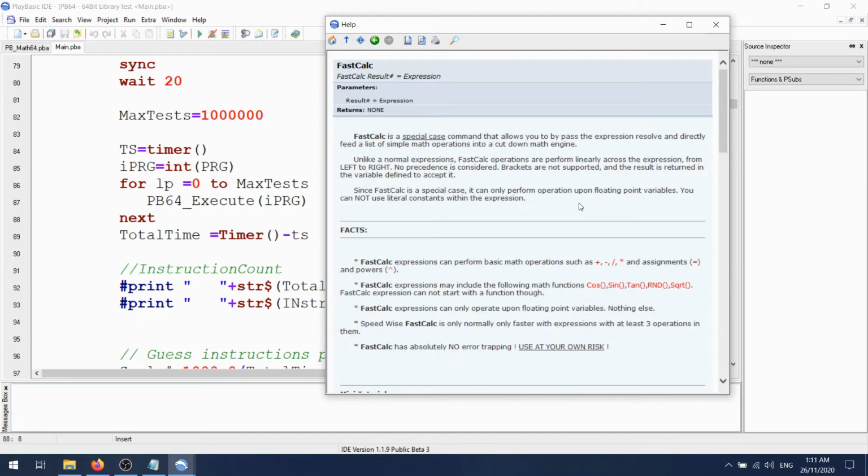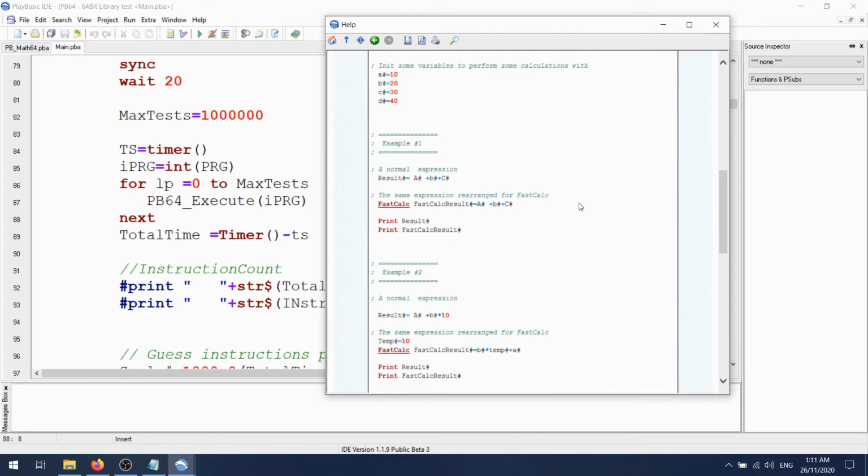The internal version doesn't have expression solving at all variables. You have to lay the expression out in the order in which it's meant to be executed. So if you want multiply done first, you put your multiply instructions first, and then you put your additions and etc. after that, because it doesn't worry about precedence.